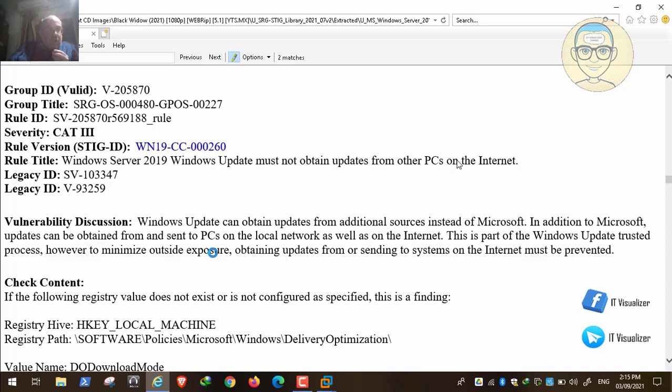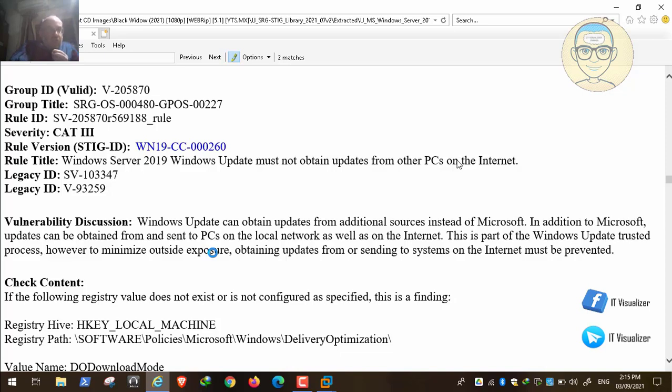You should not, if you are in a domain, let your Windows server get its update from another server in your domain. So for example, I have two servers, server X and server Y. Server Y communicated with the website of Microsoft and downloaded the updates. Server X will get its update not from the Microsoft website but from server Y. Okay, so this is not recommended. Or X will go to another PC, for example in another domain maybe, or in another place, and get its